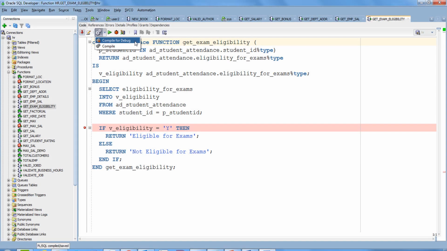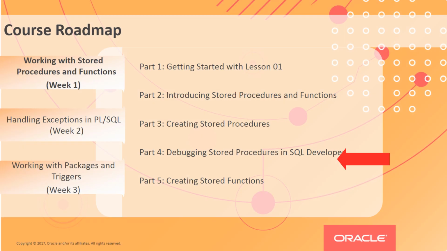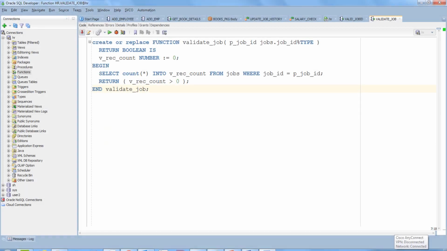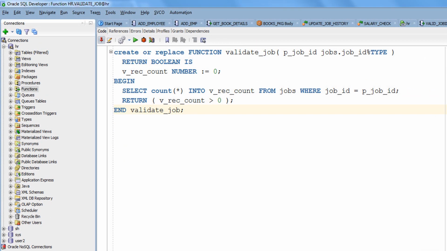You will learn about the features of the SQL Developer debugging tool and get a demonstration of debugging a sample stored procedure using this debugger. Towards the end of this week's videos, you will learn how to create and invoke stored functions in PL/SQL. You will see a detailed demonstration of creating a sample stored function.